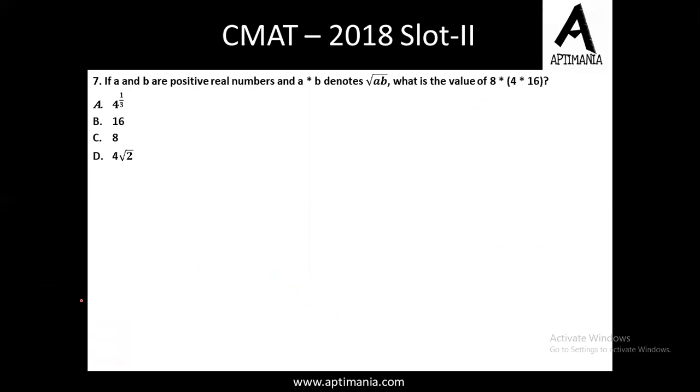Fine. It's a question from functions where some defined function is given to us and we have to solve it on the basis of the information given. Here, A asterisk B denotes A root of AB. So for 8 asterisk 4 asterisk 16, I'll solve the bracket first. So I'll have 8 asterisk, and this will be root of 16 into 4, that is root of 64,